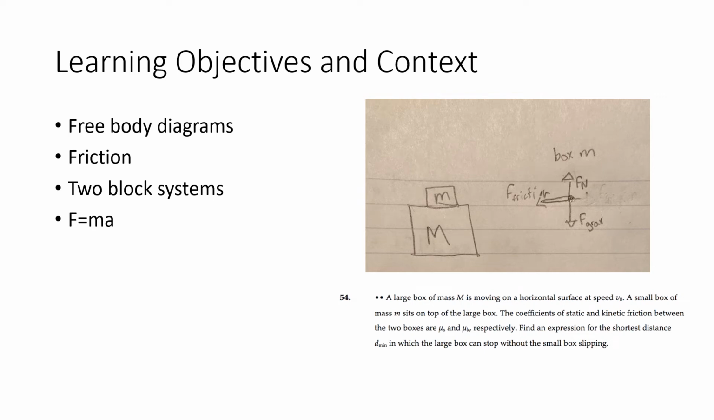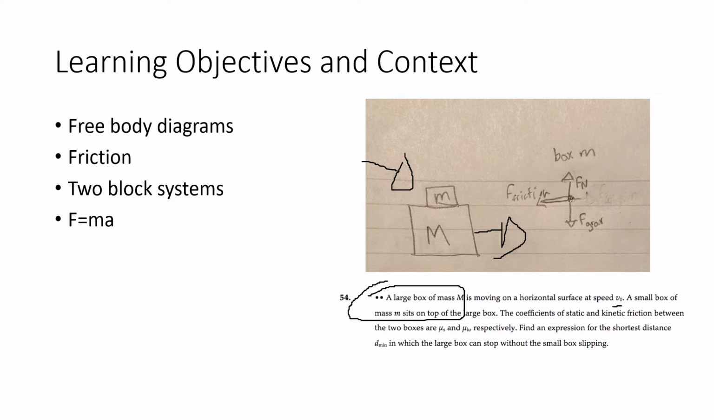So the question asks about a large box which has mass m, and it's basically moving in this horizontal plane on a flat surface at this speed v. And there's a small box on top of it, and it's moving along with the big box. Now there's a certain friction value, the coefficient of friction between the two boxes, and the question wants us to